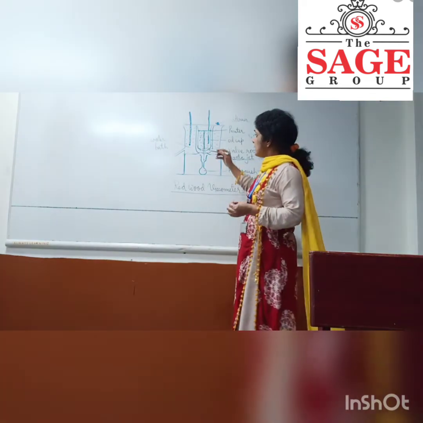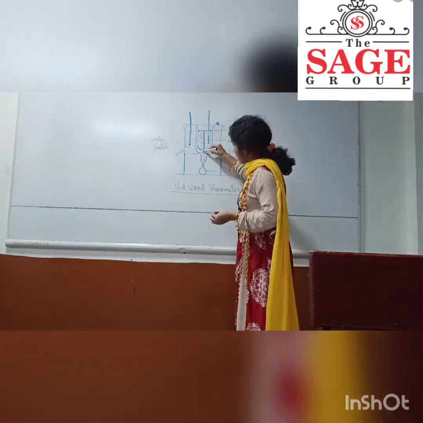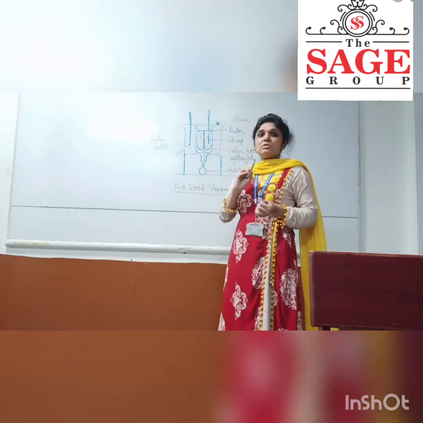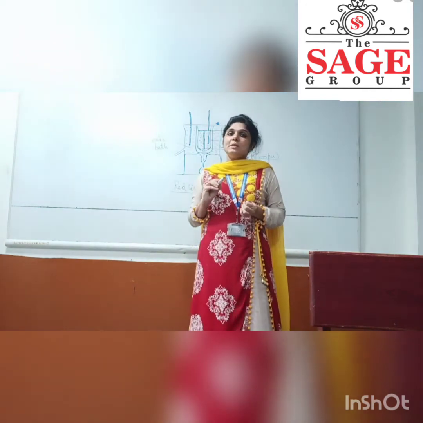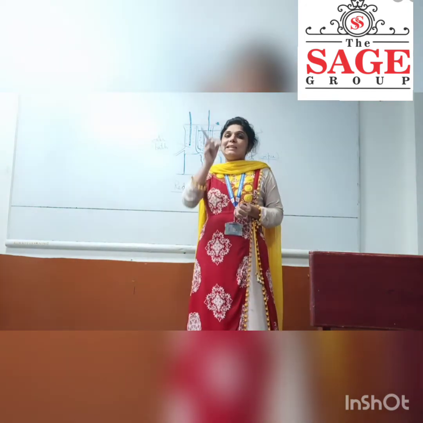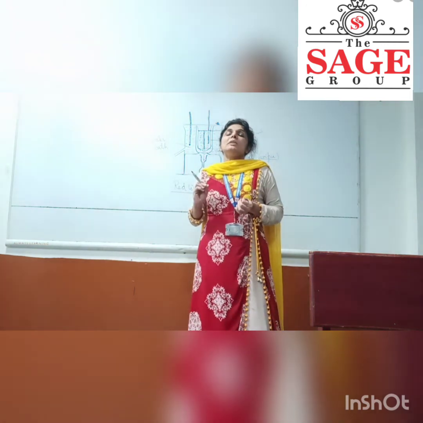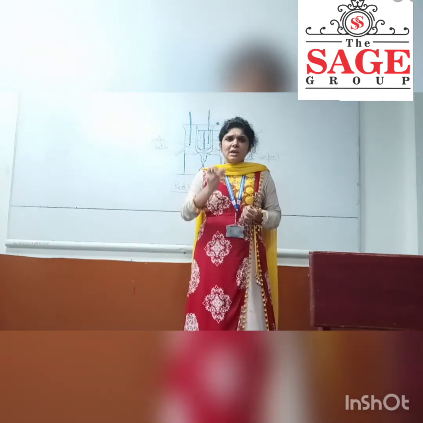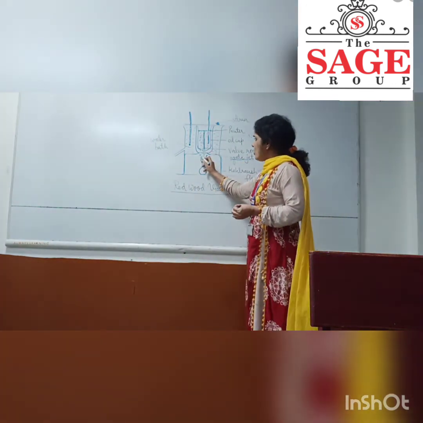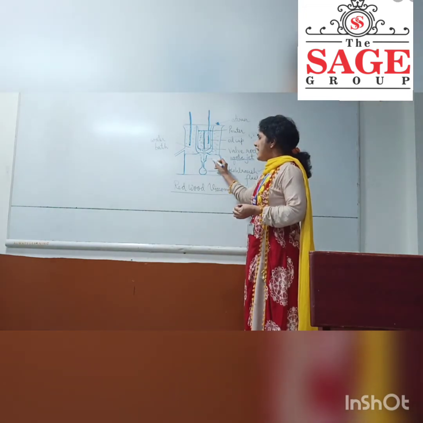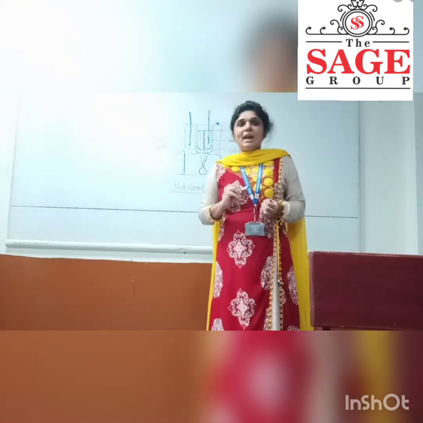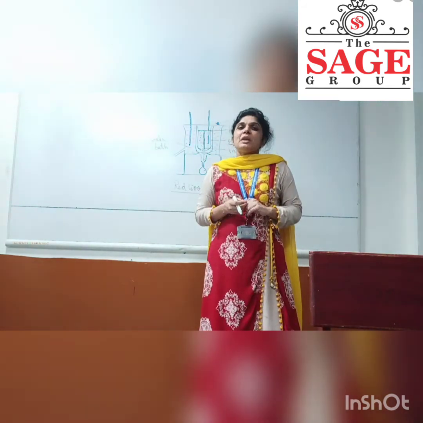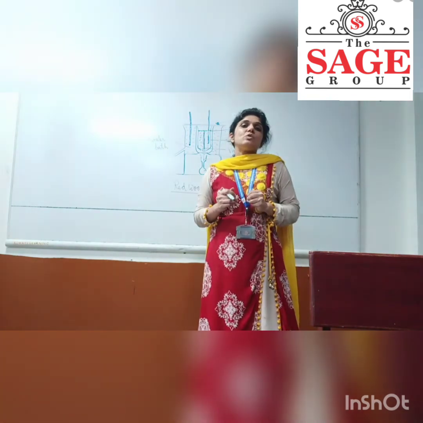The third difference is the tube from where this oil comes down. This tube's length is also different in both Redwood viscometers. In Redwood viscometer 1, this length is 10 mm, and in Redwood viscometer 2, this length is 15 mm. These were the major differences. One more difference is that the mouth of the Kohlrausch flask is less wide in Redwood viscometer 1, and broad in Redwood viscometer 2. So these were the differences between Redwood viscometer 1 and 2.